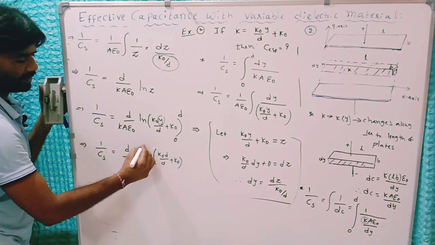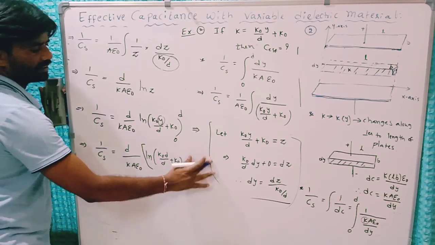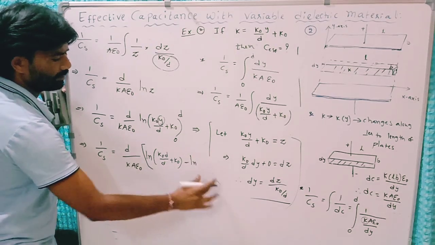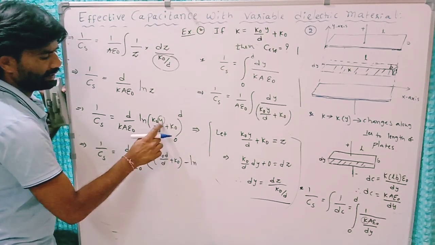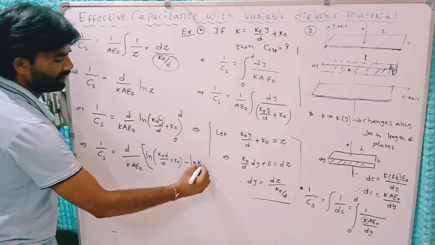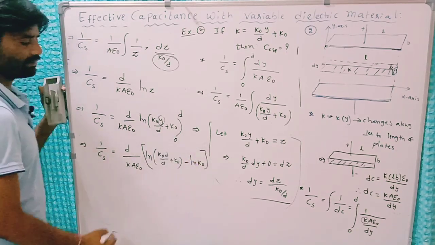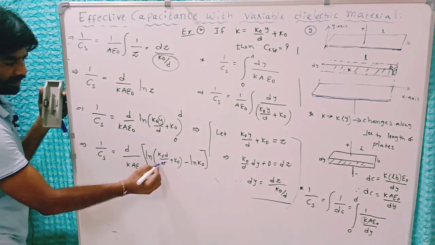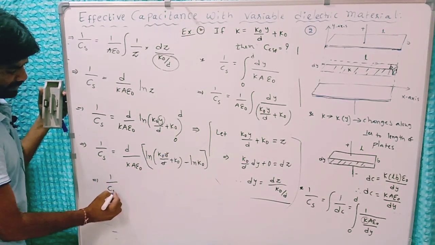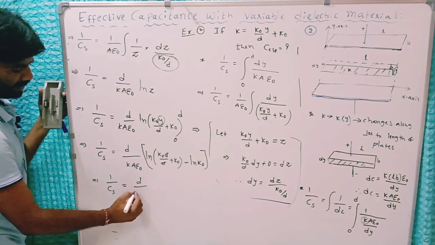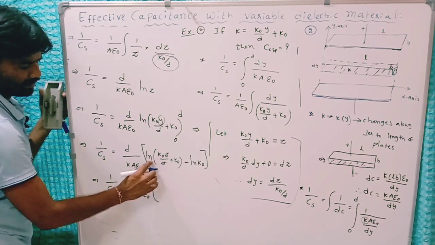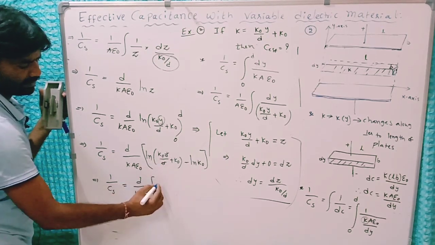Next substitute the lower limit: ln of K naught d into 0, which becomes 0, so no need to write it. You will have K naught only. Here you can cancel this d. It gives 1 by Cs equal to d by K A epsilon naught times ln of K naught plus K naught,